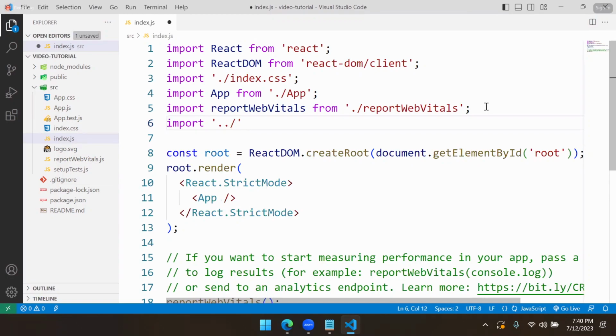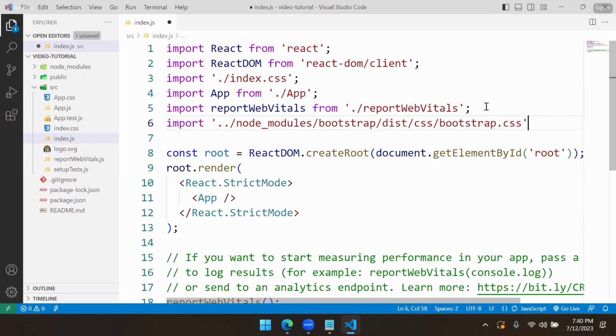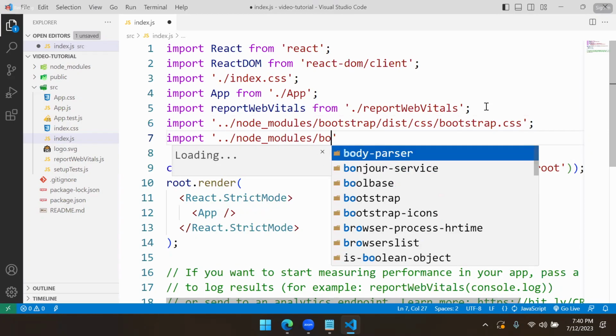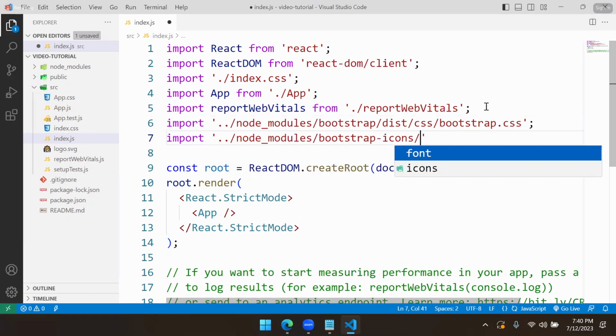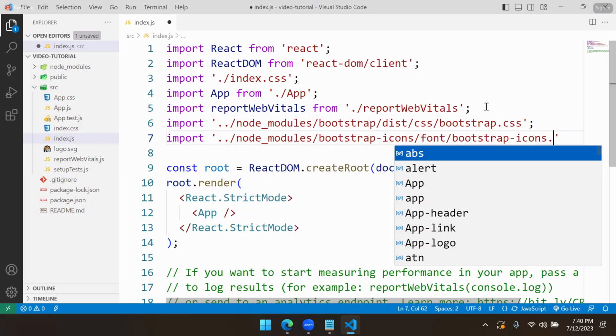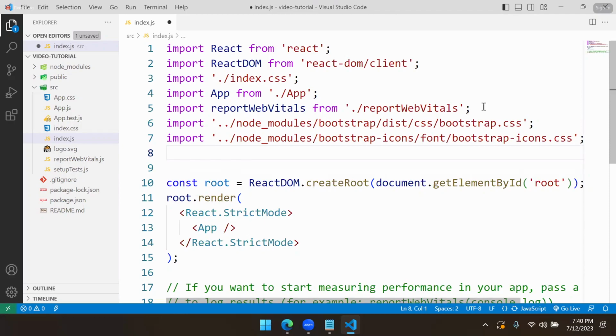It is from node_modules, bootstrap, dist, css, and in that bootstrap.css. That is one thing we need. Another import: node_modules, bootstrap-icons, in that font, in that bootstrap-icons.css. These two styles we need. Now let's go to